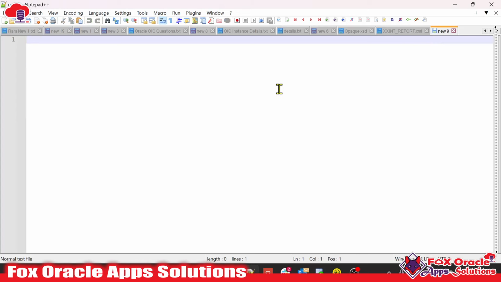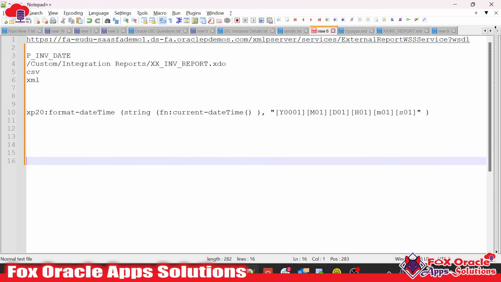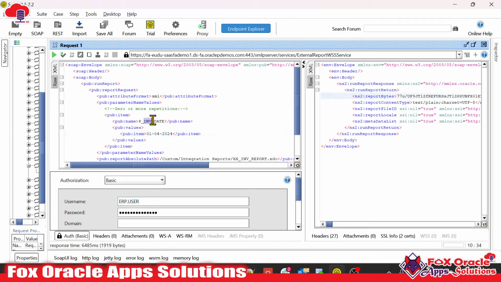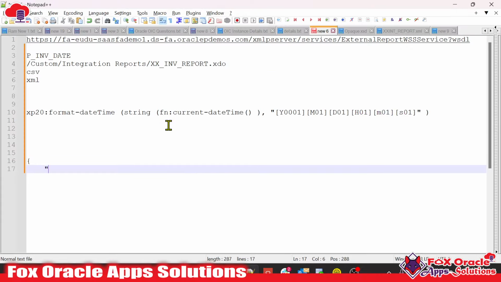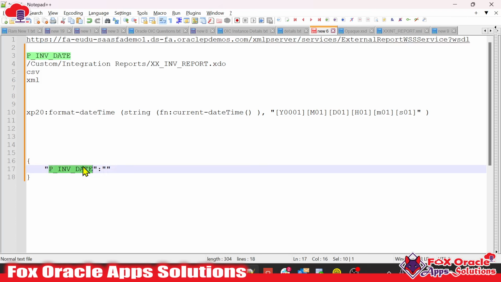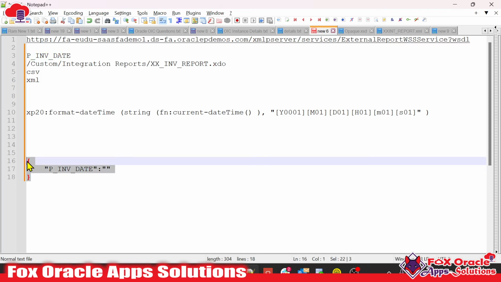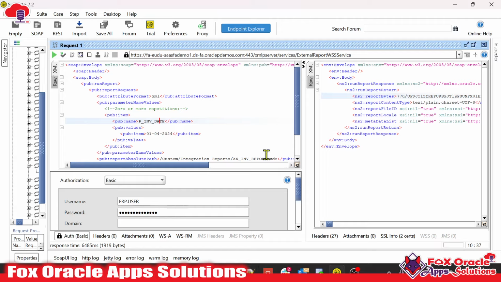So for creating the request payload we want to give to this integration, I want to give the request payload as something that you can see this report has one parameter, right? So I want to make the request payload a parameter. What I will do is make it p_ and we date, and this will be the value. Whenever the user runs the integration, it will provide this value, right? I didn't provide anything here; it will be provided at runtime only. So this is our request payload,